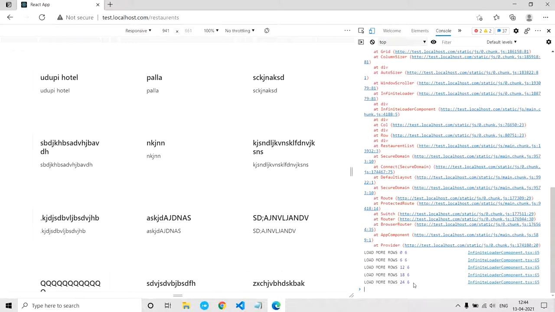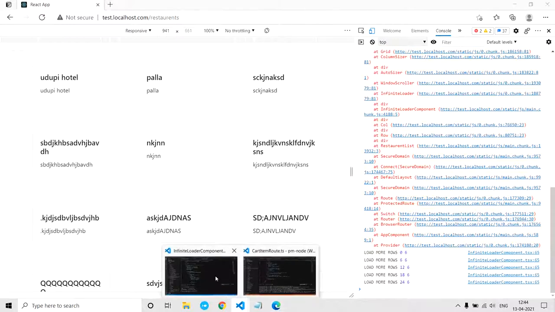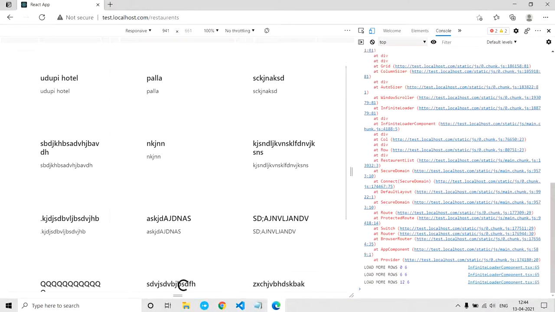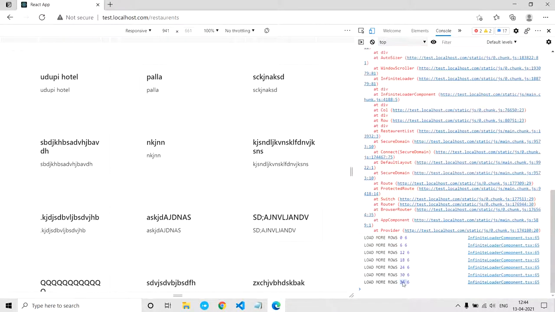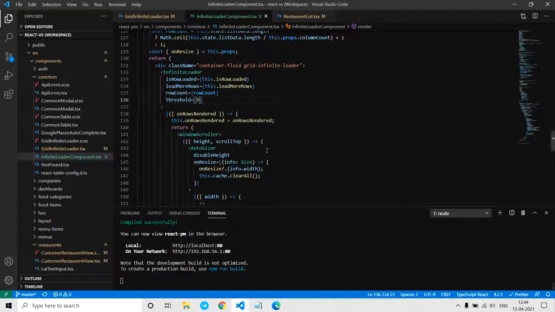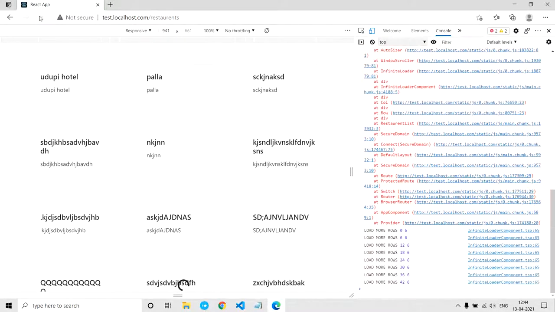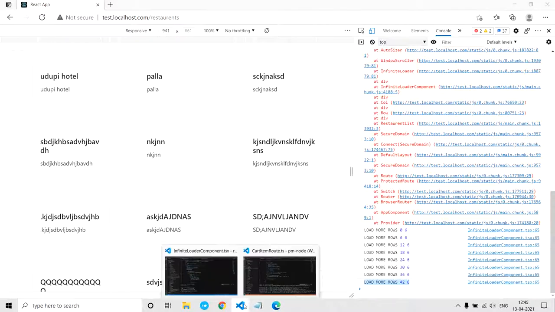So if you want to prefetch more rows before the user sees those rows, it's similar to lazy loading, so we can provide the threshold value. If we give for example the value 9, it's going to prefetch all the rows till 36. For example, let's give the big value 15. We have a total of 43 records. You see, from the 0th index till 42, it has prefetched all the rows here. That's the importance of threshold, guys.